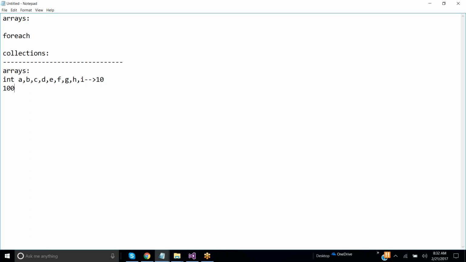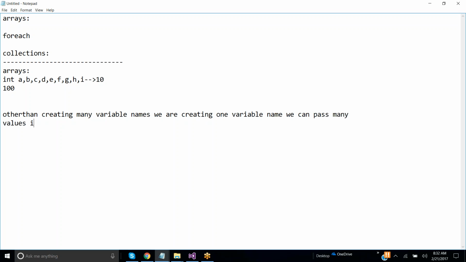Other than doing this, instead of creating many variable names, we are creating one variable name, and we can pass many values into it. We can pass many values into it with the help of arrays.